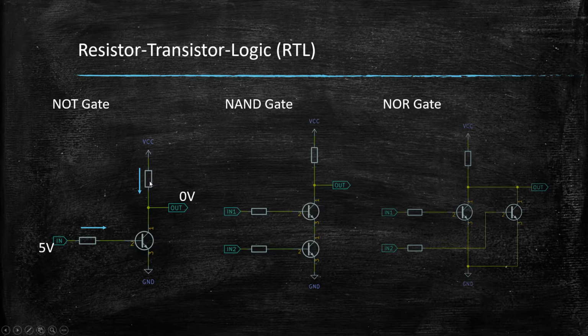As you can see here, our output is driven through that load resistor. So any output after that will have its current have to go through that load resistor, meaning that since our transistors need a certain amount of current to switch, we need to first have our load resistor be fairly small so that we get a lot of current on the output, which will increase the power consumption of our gate. But also we are limited in how many outputs, or inputs, we can connect